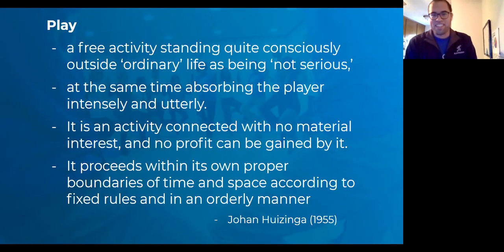So when I read this, I was like, wow, that's a great definition. I'm going to steal that. The first sentence, honestly, was what spoke to me the most, right? Because play is just this opportunity for us to step outside of the real world, this very stressful real world that we find ourselves in, and step into another realm, right? We don't have to be serious. We don't have to be rigid. We can just be ourselves.